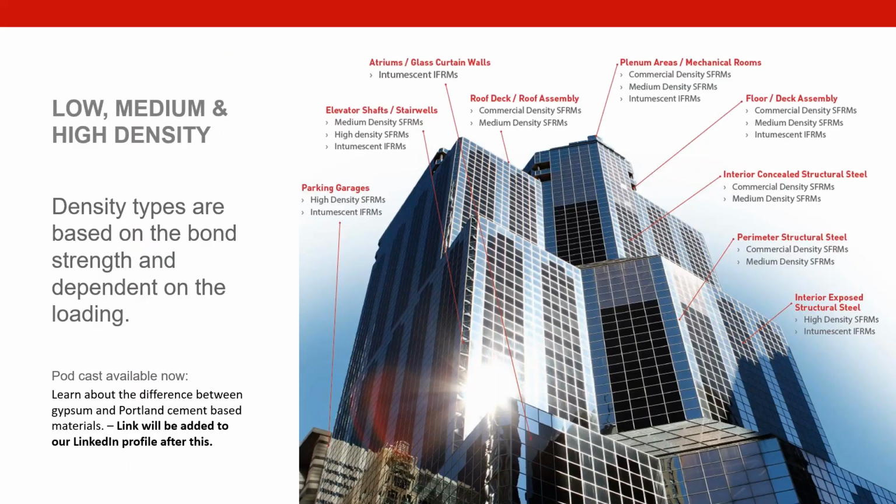Your Portland cement type materials can be divided up into low, medium, and high density, and you can in fact get those variations within your vermiculite materials as well. The density types are based upon the different bond strengths required and are dependent upon the loading upon which you place those materials. So if you look at the image on your right hand side there, you'll see a different